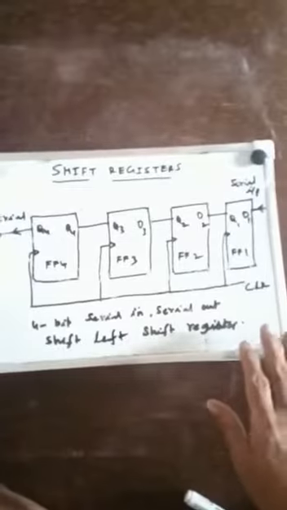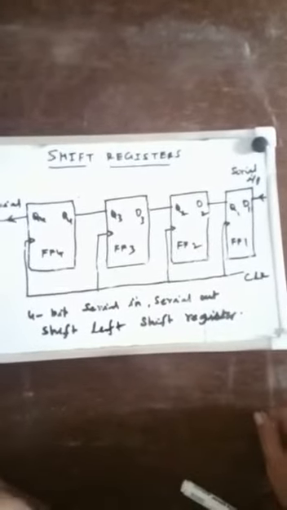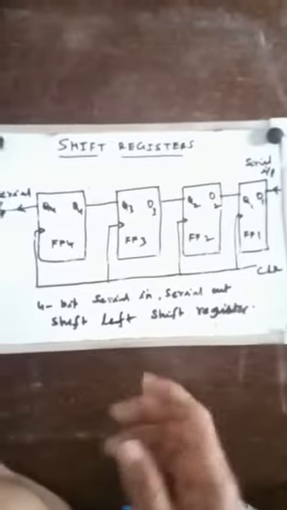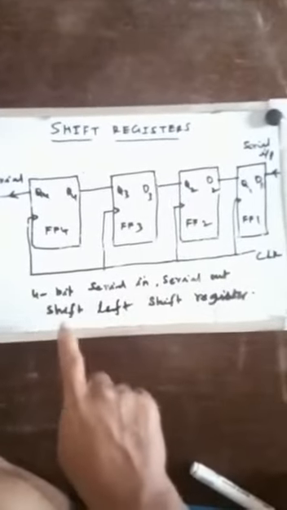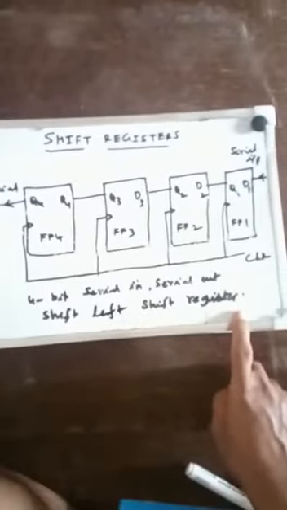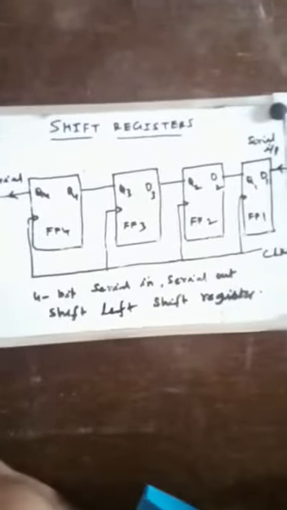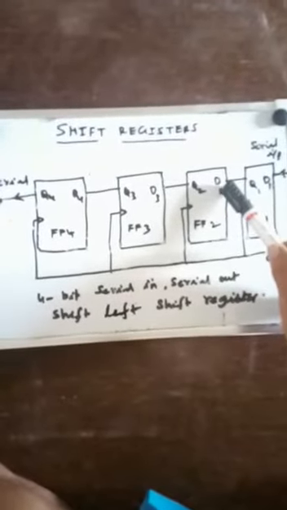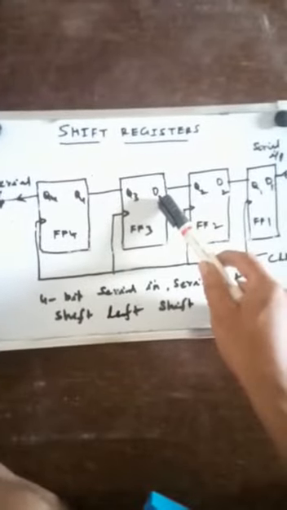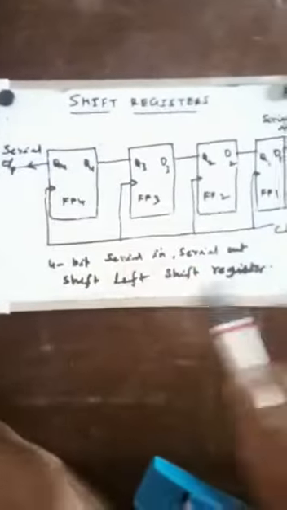Here is another type of shift register. In the previous part we discussed the serial in, serial out, shift right shift register, but here it is a 4-bit serial in, serial out, shift left shift register. That means in this case we are giving the input from this D flip flop. Here 1 is given and activated as 1, transferred, and that 1 is applied to D2 and transferred to Q2. The Q2 output is connected to the input of the third one, and similarly it is transferred onward. This is the way we have connected.